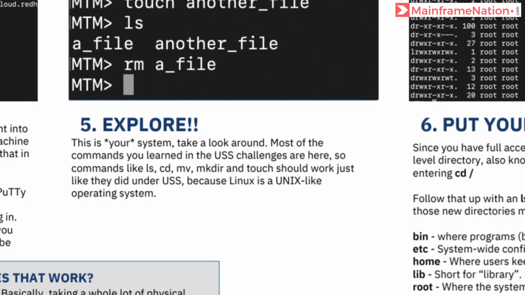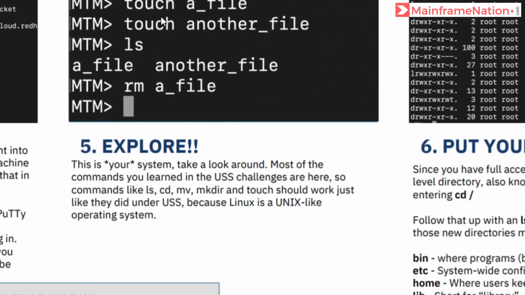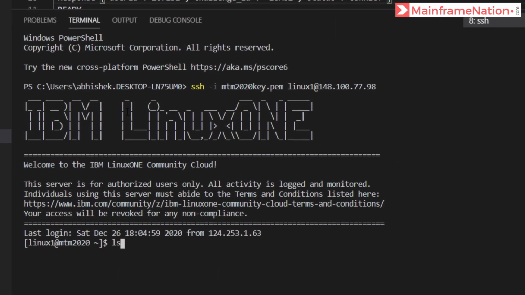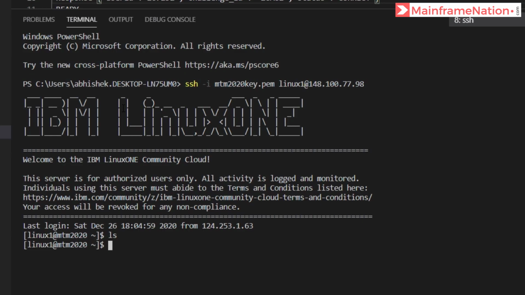So we can give commands like mkdir, touch, ls and all those commands. So let's give ls, and there are no files. Let's make a directory. Let's call it test, then give ls, and you'll see test is there. A new directory has been created.